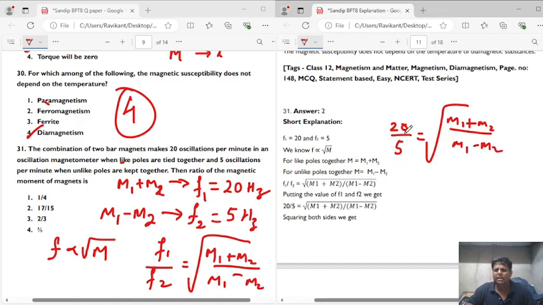Squaring both sides, we get 4 on the left, so we'll get 16 is equal to